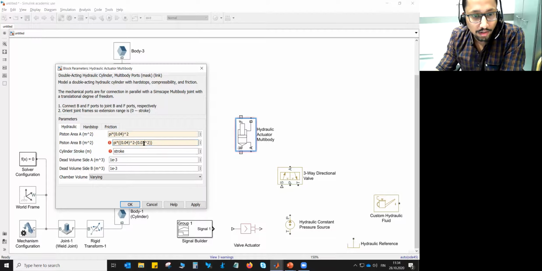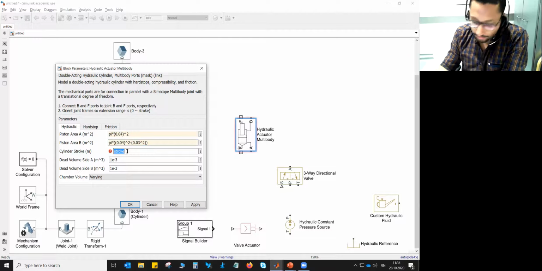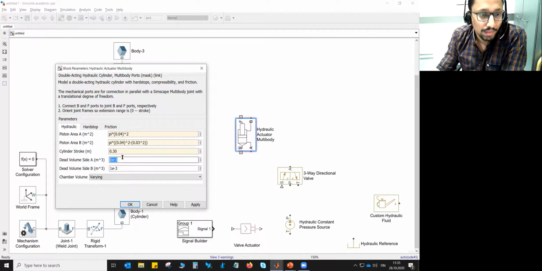So 40 millimeter and 30 millimeter are the radius. Stroke length will be 0.30 meter, which is 300 millimeter,